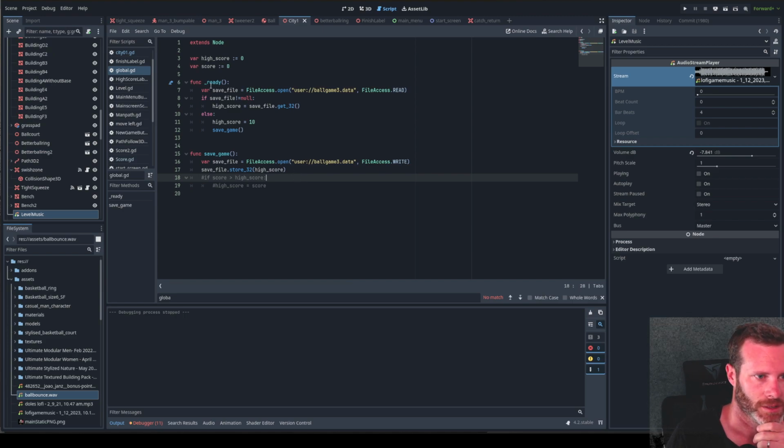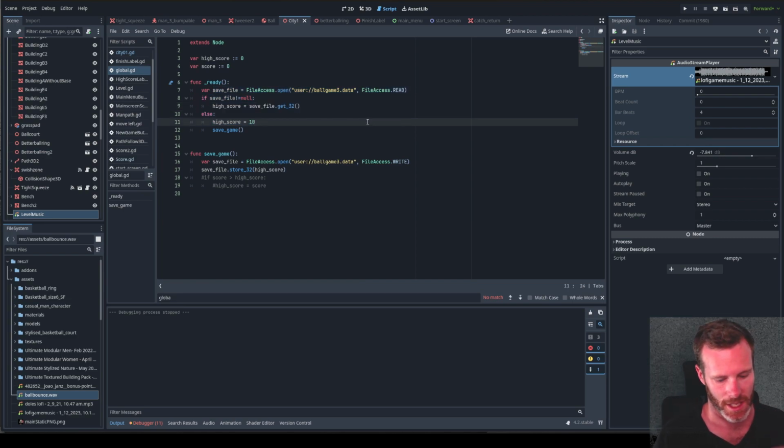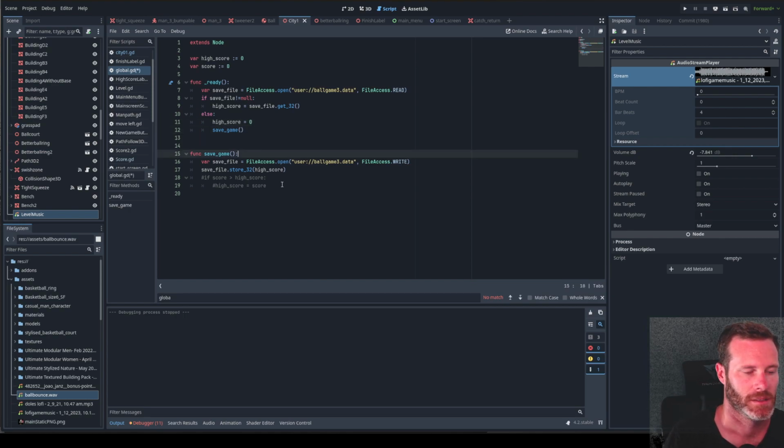Okay, so to save. Oh, this is on ready. This is when we start the game. High score is 10? No, it's 0. When we save the game, let's open a file called ballgame3.data and write to it. Save file is going to be